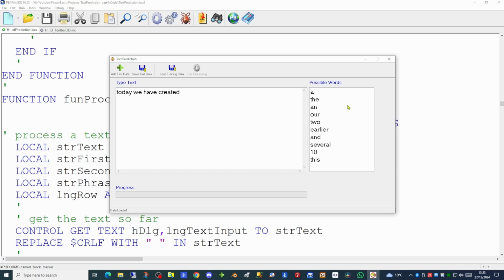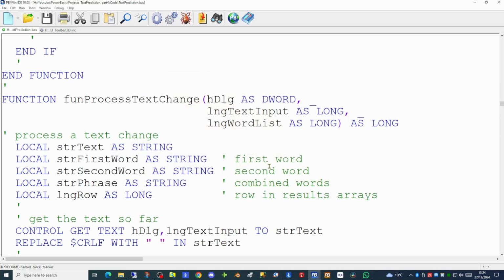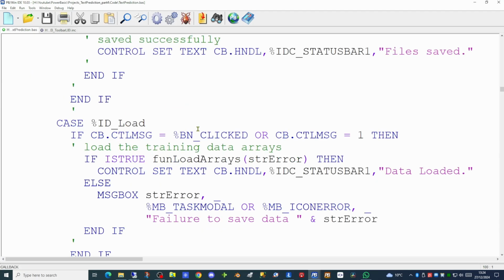The next thing we're going to do is enable the Start Processing icon on the toolbar once the training data has been loaded. So once more, back to the code. So if we look at the event handler for our dialog, the callback function. And within here is an event for load where we'll load the arrays with our training data. So if the training data has been loaded successfully, at that point we can now enable our toolbar button